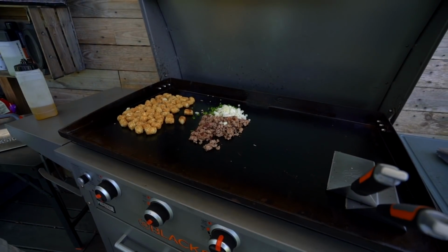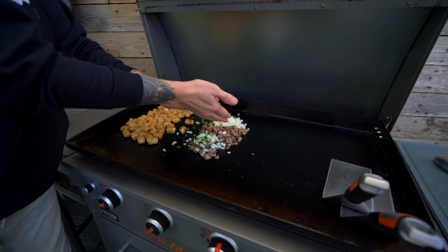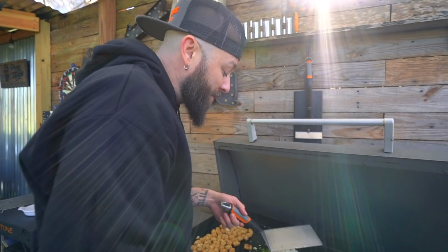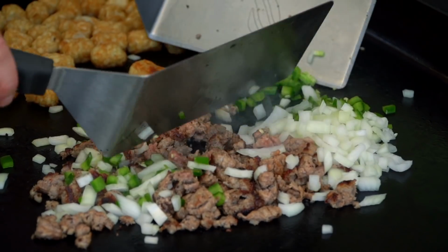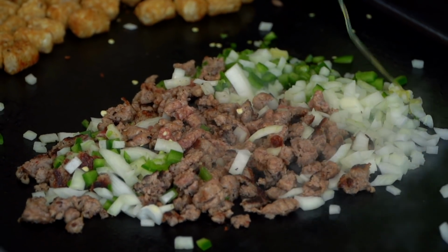When you finish cooking your meat with your vegetables, it makes everything marry together a little more. I like when I inadvertently or intentionally make pro moves without even knowing. Don't sell yourself short. You're a great cook. Everyone knows it. That's true. I'm gonna add a little bit of oil actually to this right over here,